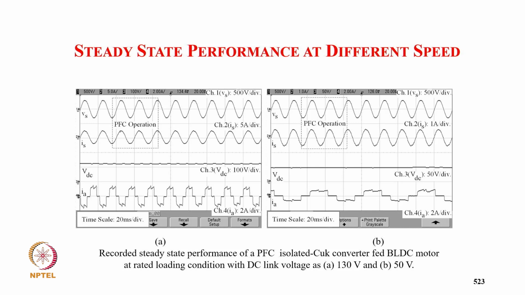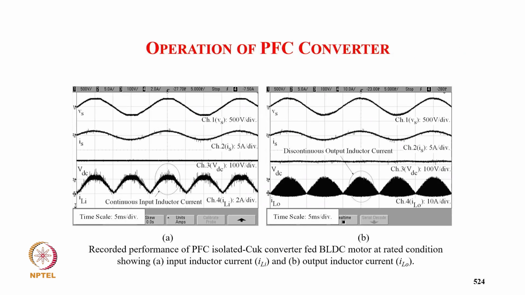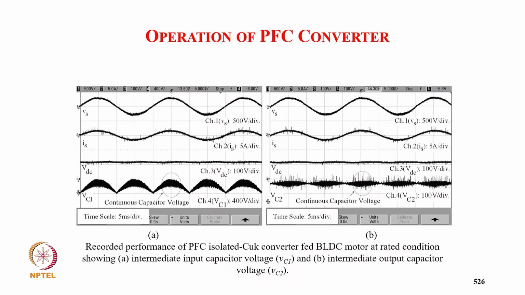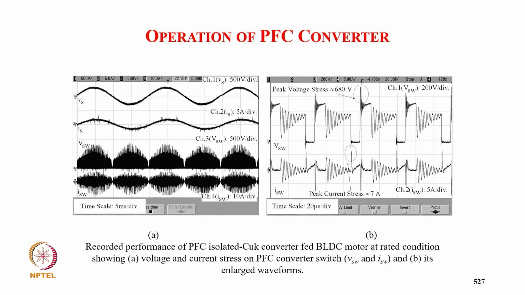Input voltage, input current are shown. Input current is sinusoidal in phase with the input voltage at 130 volt DC link and the winding current, and at 50 volt DC link, supply current sinusoidal in phase with the supply voltage, demonstrating unity power factor. Then the input inductor current is continuous, output inductor is discontinuous. Capacitor voltages, your primary winding current and secondary, and capacitor voltage are continuous, and switch voltage,